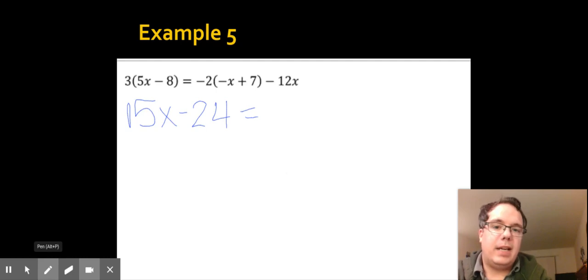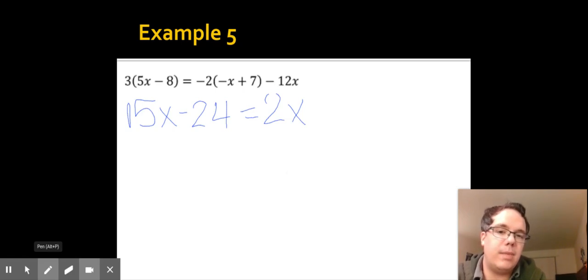If I distribute my negative 2 on the right side, negative 2 times a negative 1x is a positive 2x. So remember, there's a hidden 1 there, so that's really a negative 1x. If I take negative 2 times a positive 7, I get negative 14. And then I still have a negative 12x